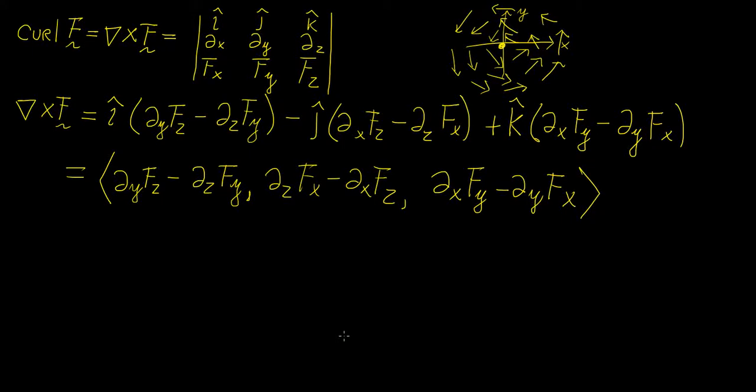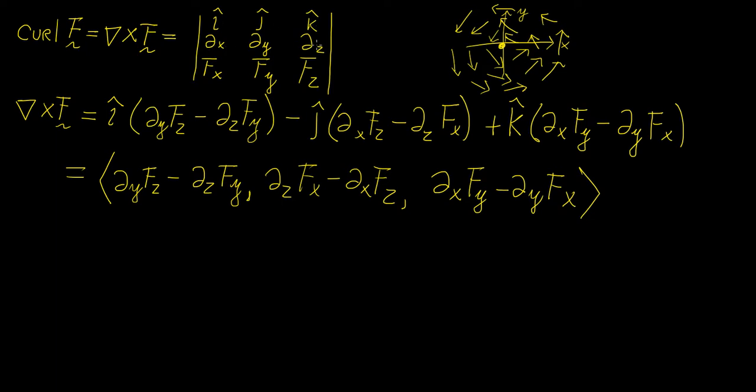Alright, in this video we're going to talk about another vector differential operator, which is called the curl of a vector field. So basically the curl is defined as the cross product of the del operator with respect to the vector field. So we have a cross product, which we know from vector algebra is defined as a 3x3 determinant. So in the top row you have all your unit vectors pointing along each of the x, y, and z